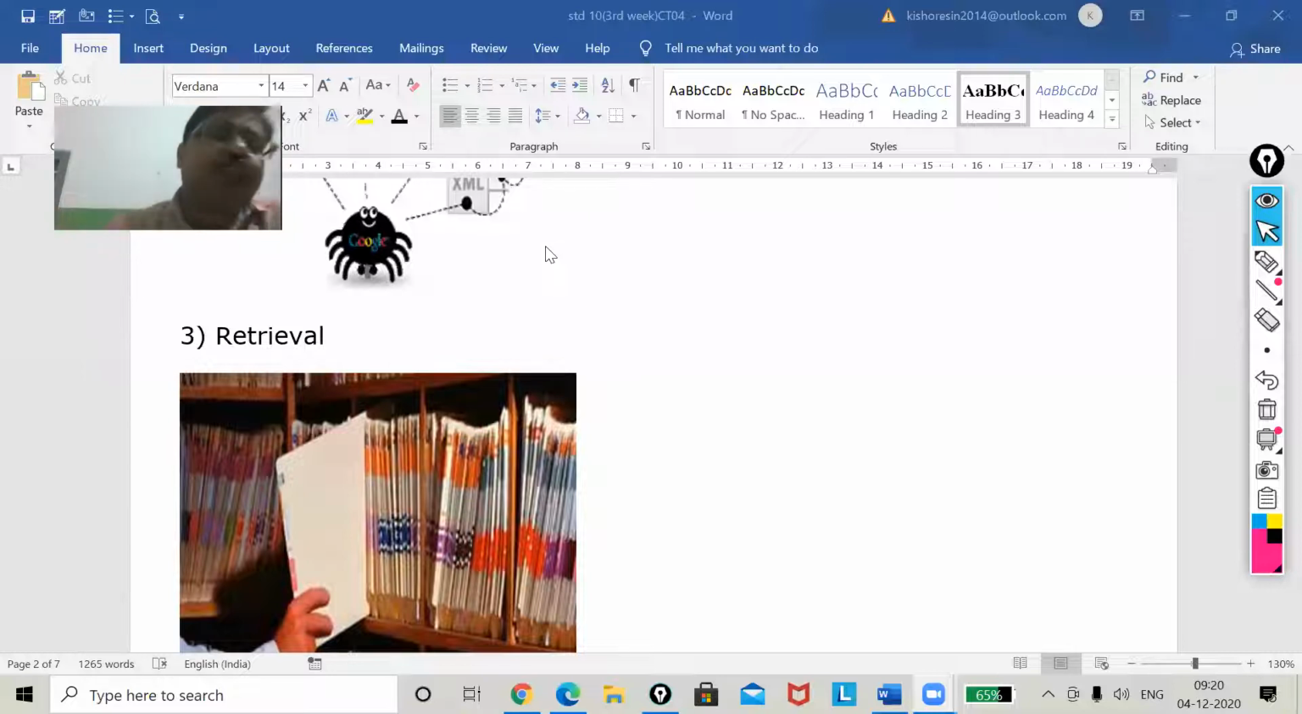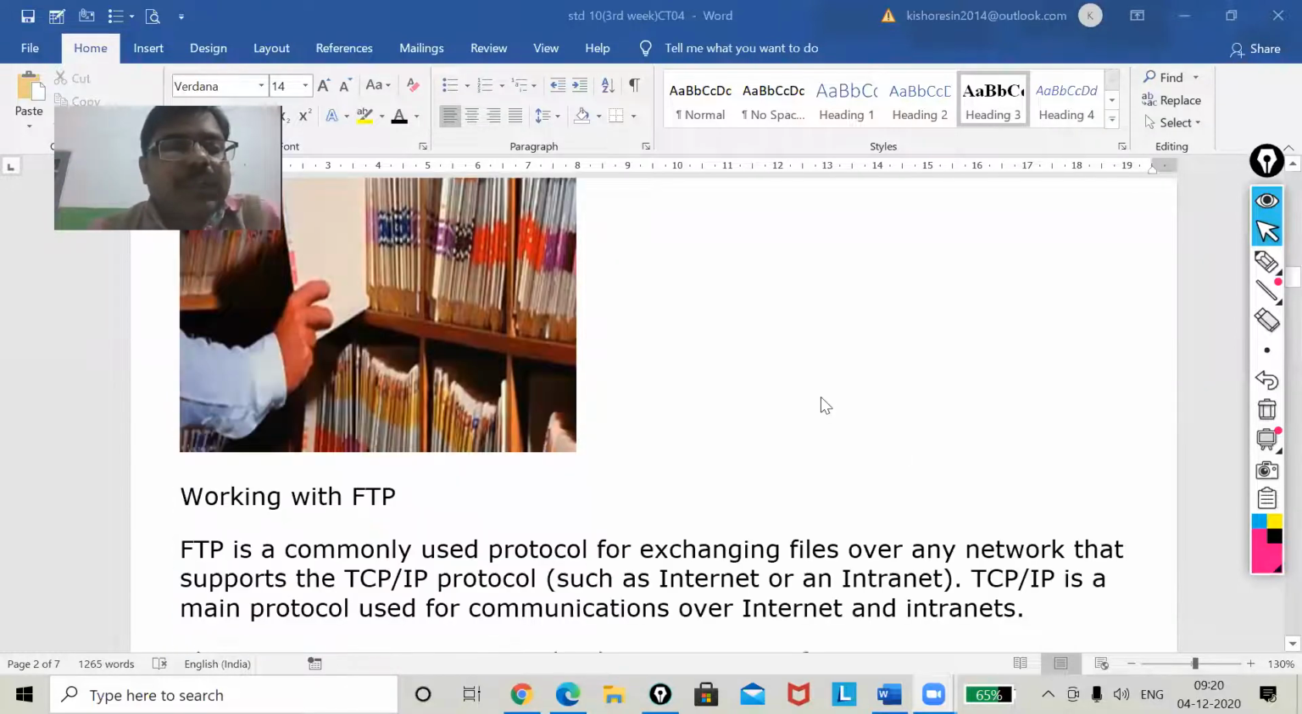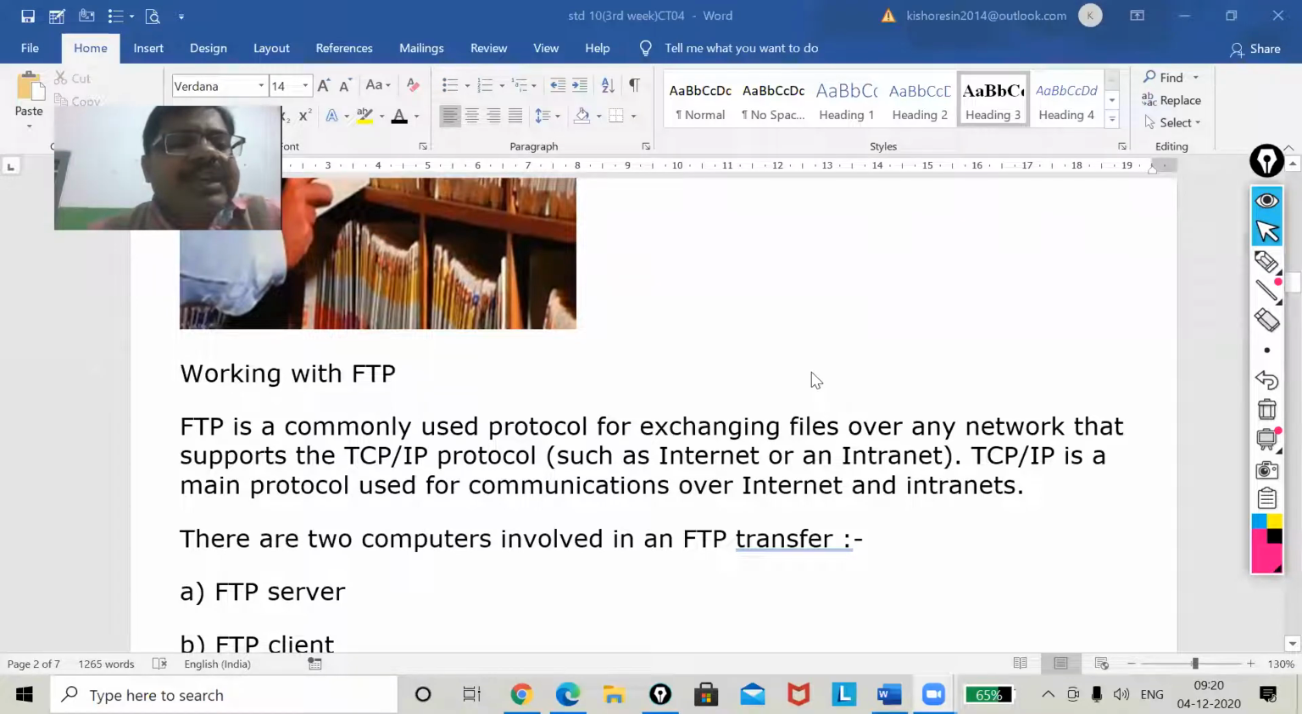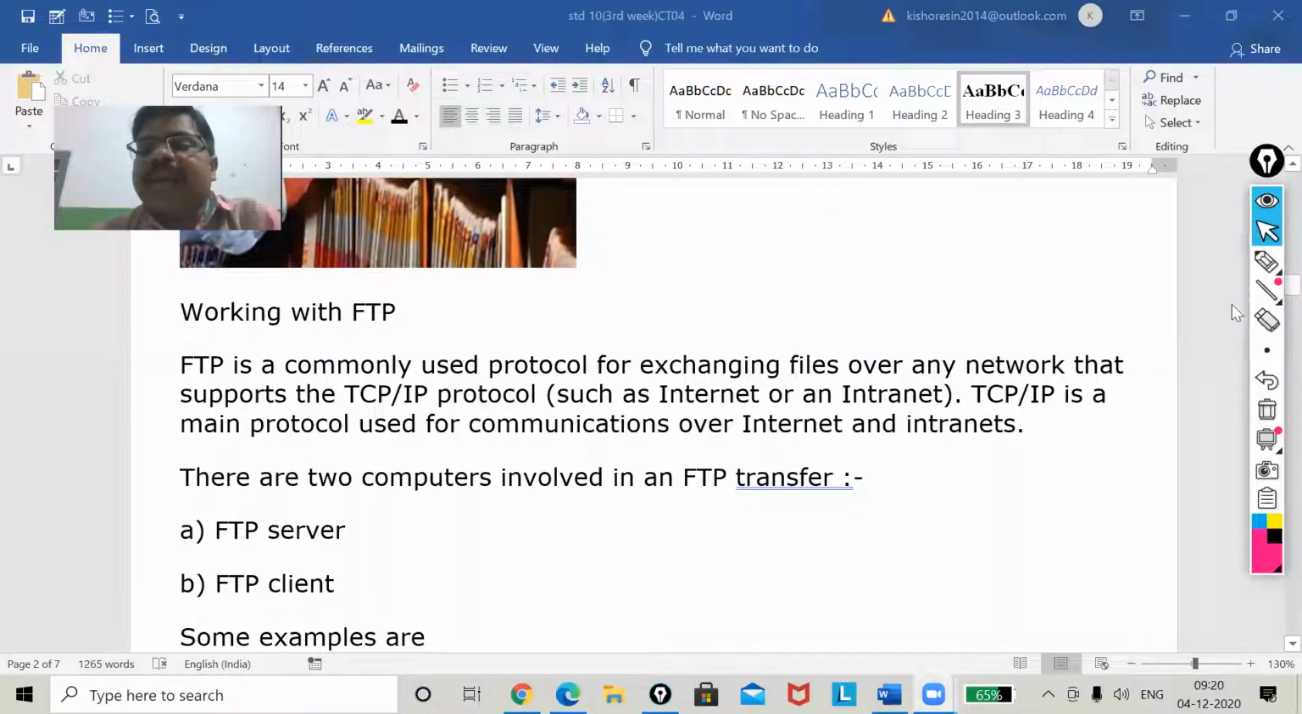But then also we get some fake links, so you have to be very careful. But especially your top pages, the top links that are shown, all have genuine information. Okay, now my next topic is working with the file transfer protocol. Okay, see students,